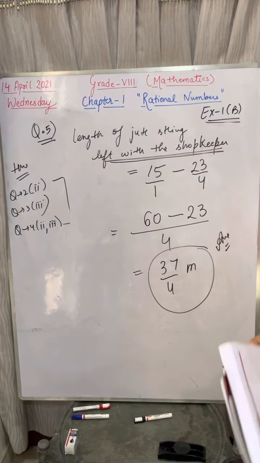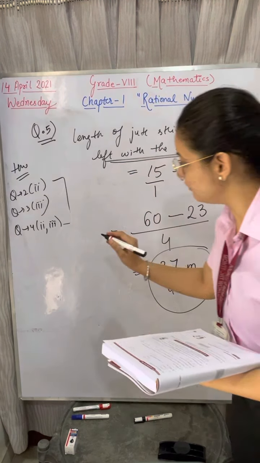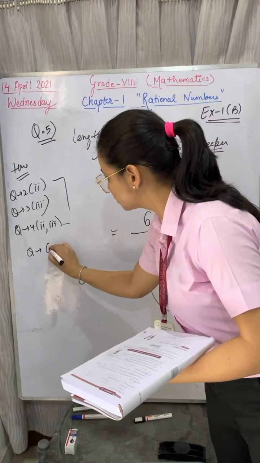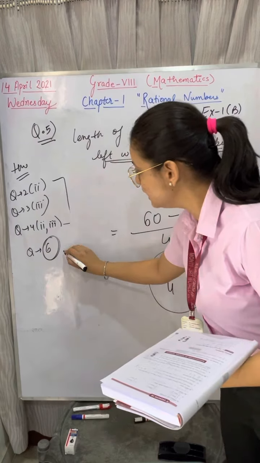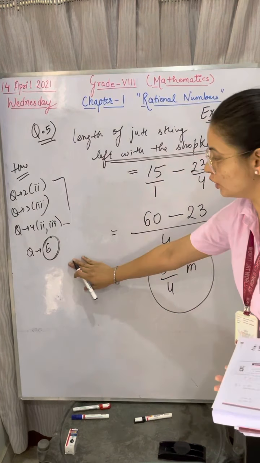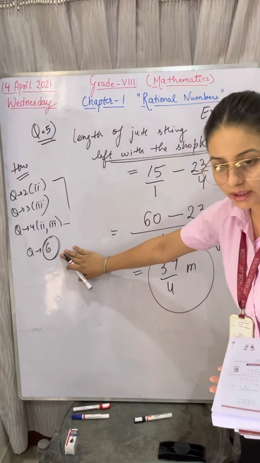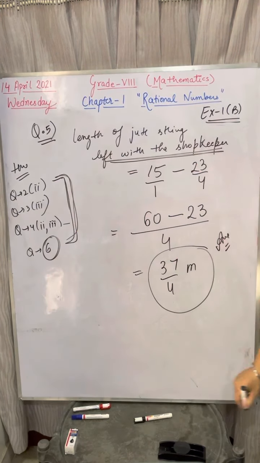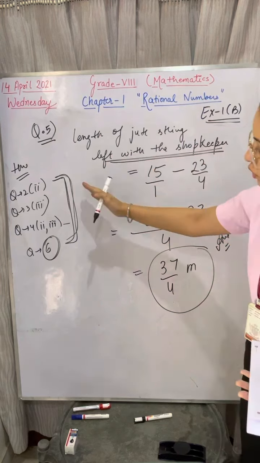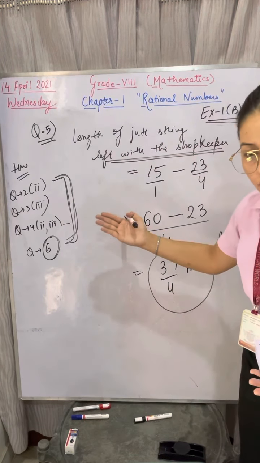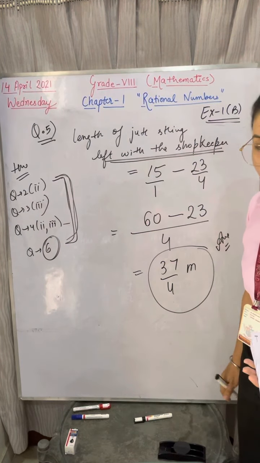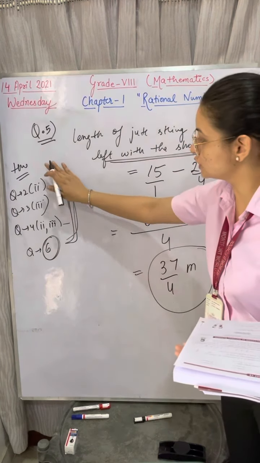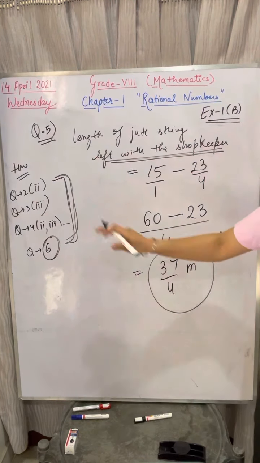Alright, so only the 6th question is left. Try question 6. If you are able to solve the 6th question today, it's fine. Otherwise, by tomorrow we'll discuss the 6th question. Okay, these are the homework questions. Today you have to practice these questions. By tomorrow I'll give you the fair work. Today no fair work is there. Today only practice work is there.